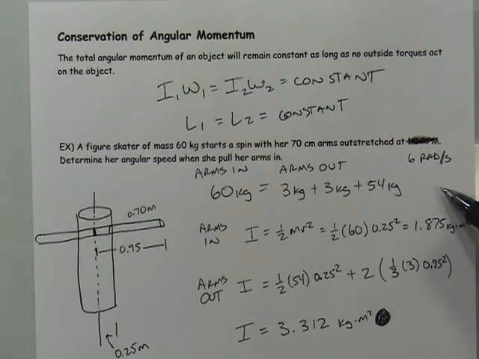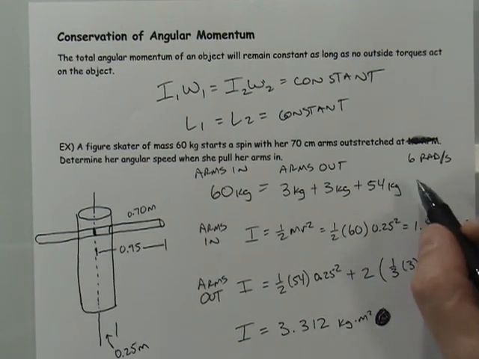The problem with this is that it wouldn't make sense. That's a really slow revolution. 1 revolution per minute is incredibly slow. So I'm just going to change it to 6 radians per second. So what we're saying is 1 revolution per second. It was misstated. It should have said 1 revolution per second, which is about 6 radians per second. So if we take that to be the omega,